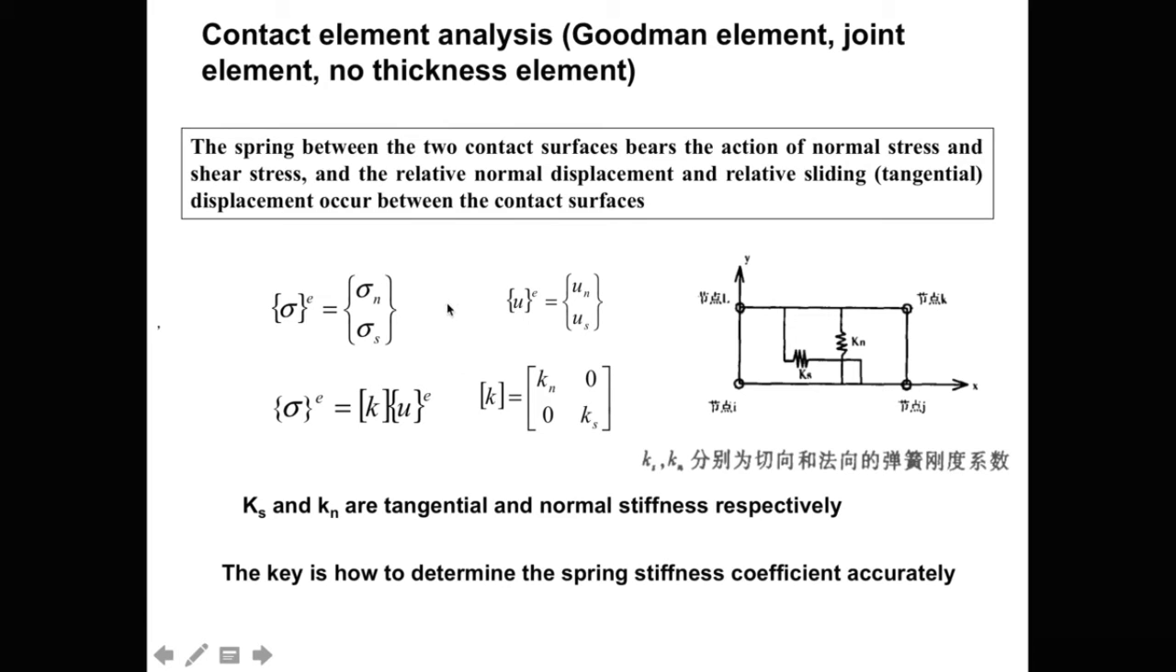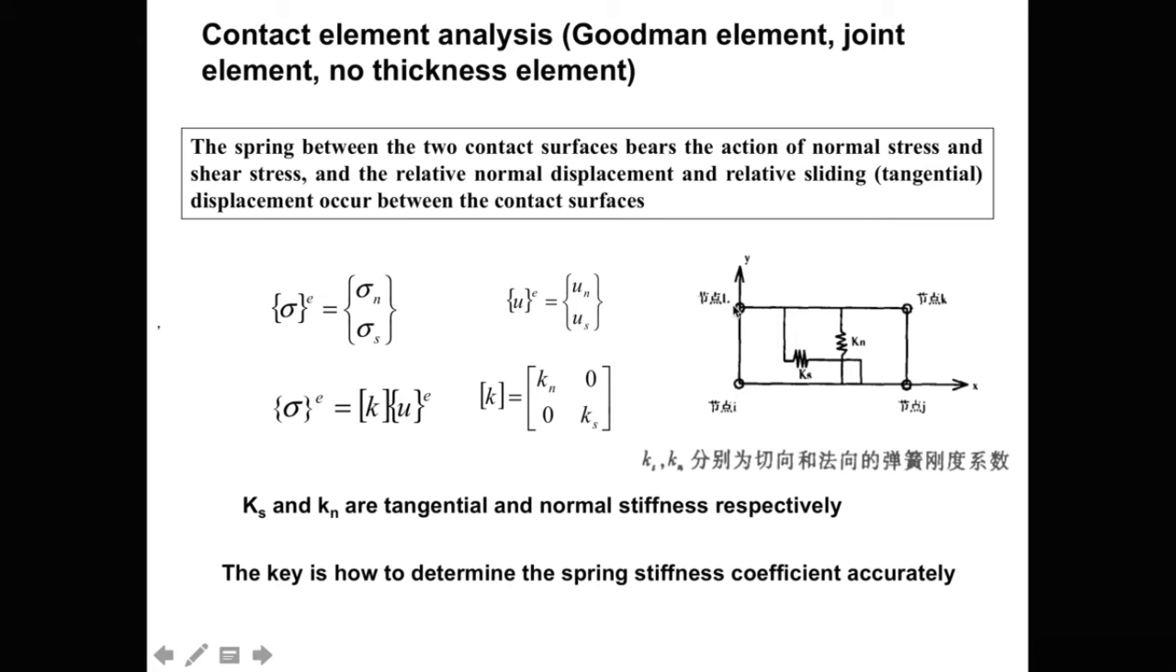First, let's see the Goodman element. It's a joint element, a no-thickness element. Then we can use this element to simulate the contact between the soil and the structure. And here, this figure is a description of the element. Although there's no thickness in this element, but